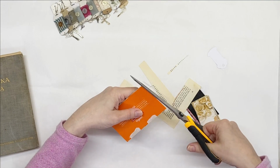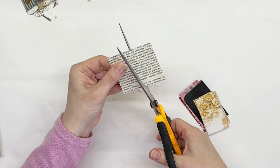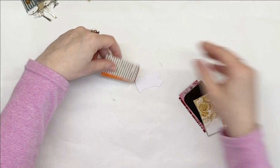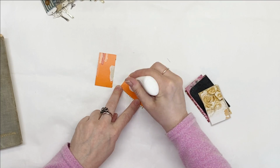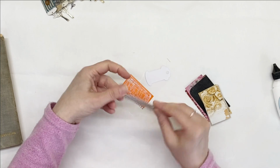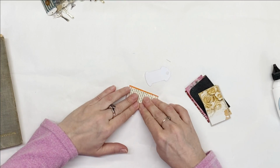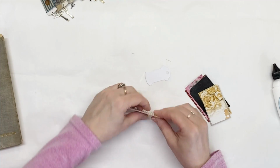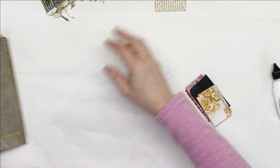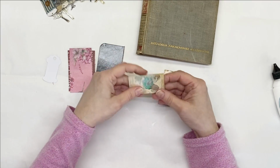Let's cut this one like this. All right. And now we have to glue those two together. I'm going to put the book over. Now we need to trace and cut